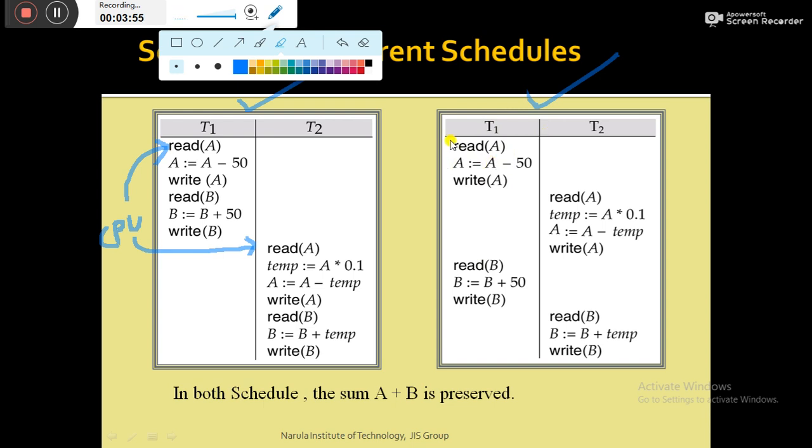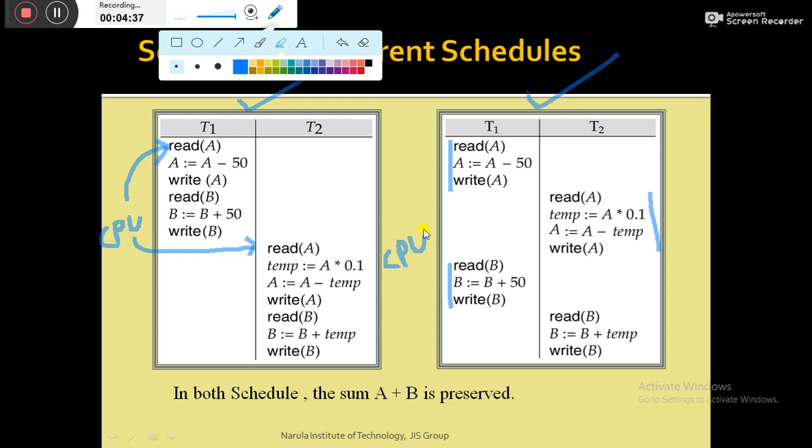Initially, the first instruction of T1 is there. Second, the instruction belonging to T2 appears here, and then the last three instructions of T1 appear again here. So the instructions belonging to a particular transaction do not appear together in a single place; rather, they appear in the schedule in a discrete manner. So it is known as a concurrent schedule. If the central processing unit of the system executes multiple transactions at a single point of time, that scenario is represented by a concurrent schedule.